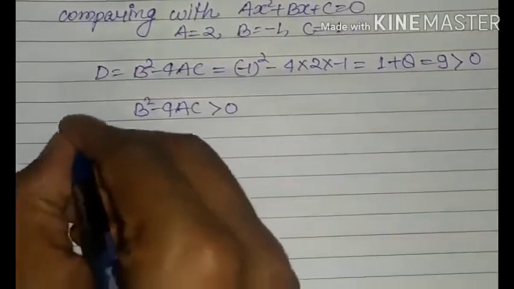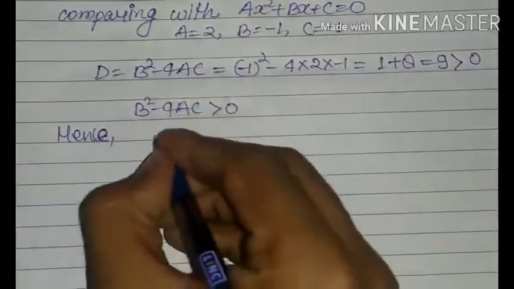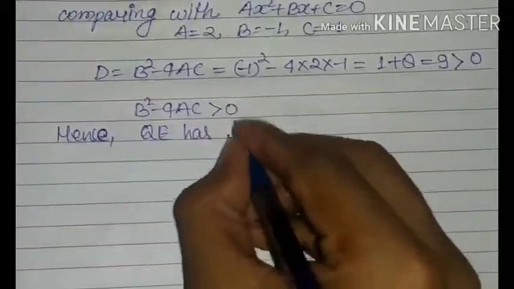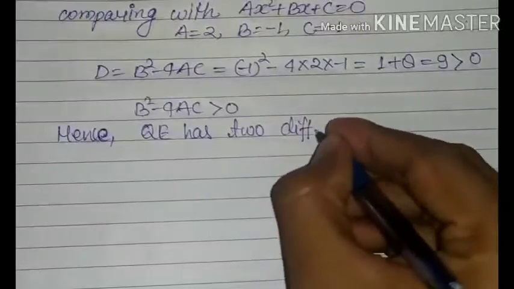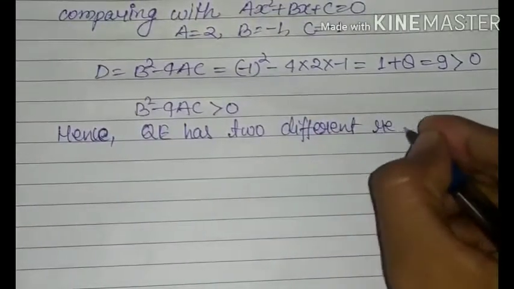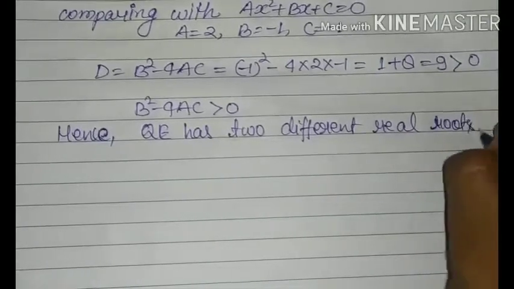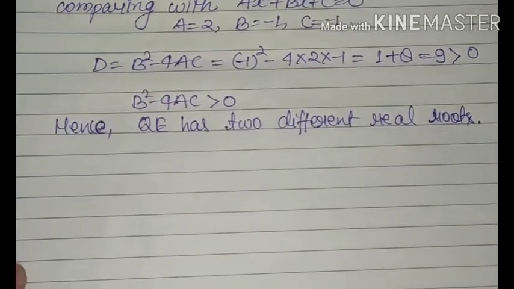Hence the given quadratic equation has two different real roots. Okay, and this is the nature of the roots, and in the question it is also given that we have to